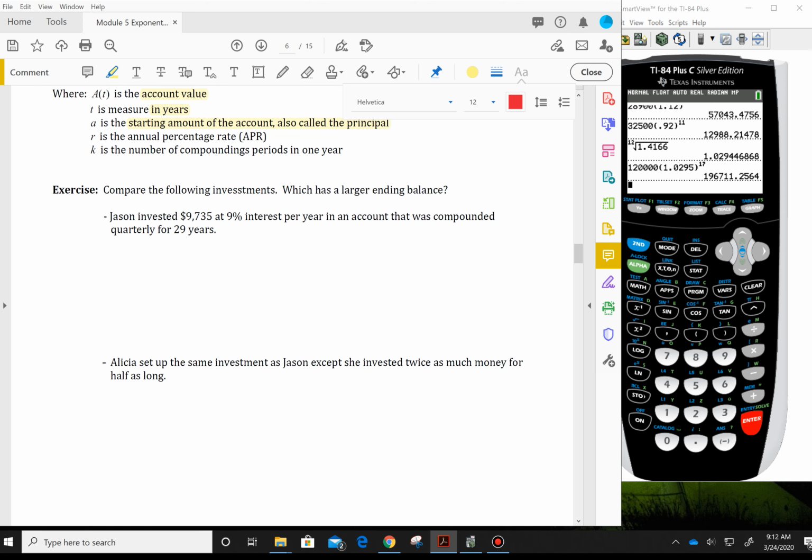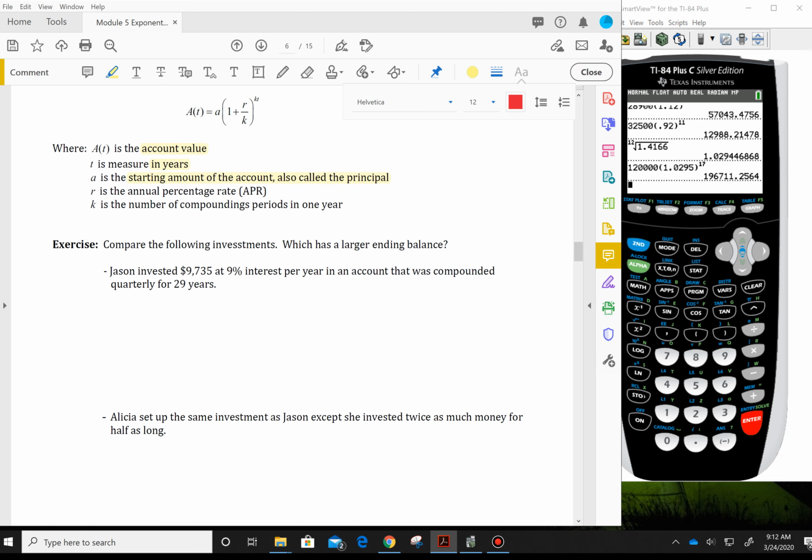Let's look at some examples. Let's compare the following two investments. Which has a larger ending balance? Jason invests $9,735 at 9% interest per year in an account that was compounded quarterly for 29 years. So his value using compound interest would be